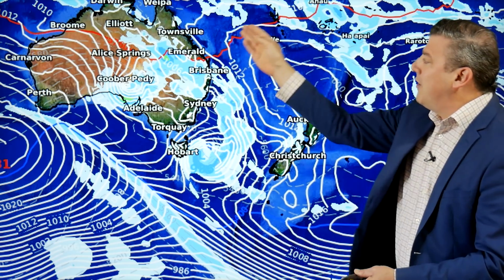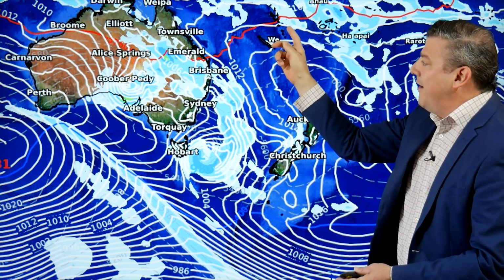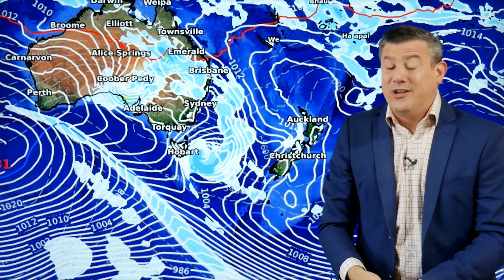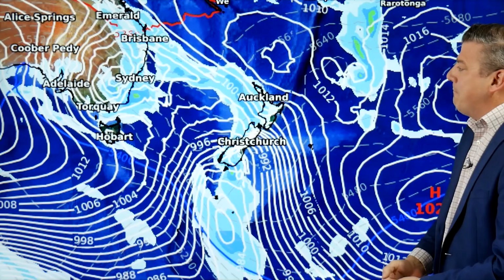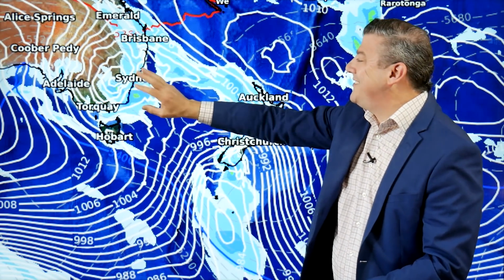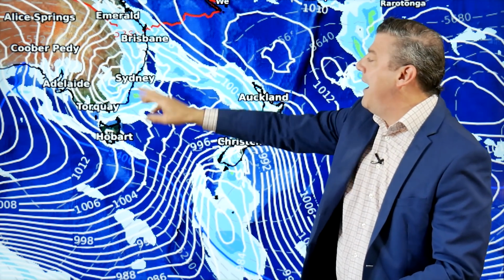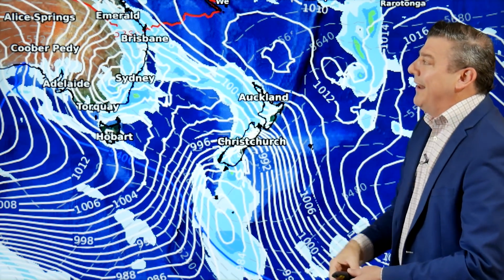But look at the airflow coming around from New Caledonia, Vanuatu, down and into the New Zealand area, so it won't be cold as we head into Thursday. By Friday, that low pressure zone that was through central Australia is now over Sydney. Big cold southerly winds, or cool southerly winds, coming in for Adelaide, Melbourne, Hobart, Sydney, Canberra, and later on Brisbane,